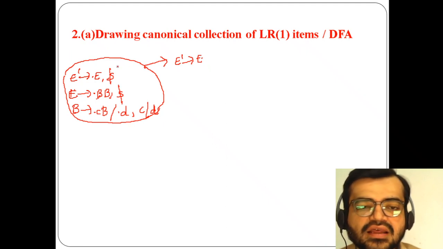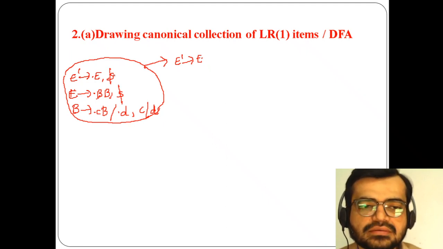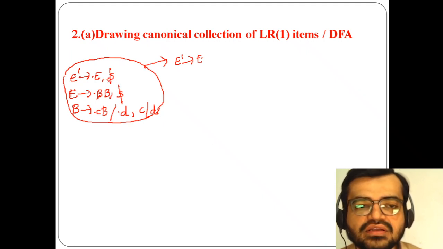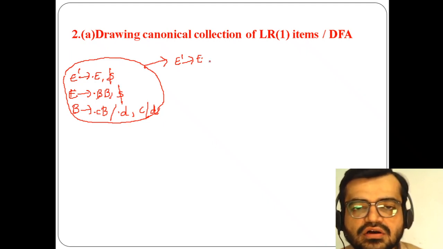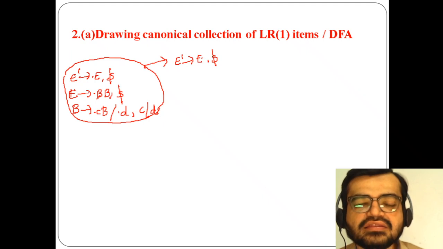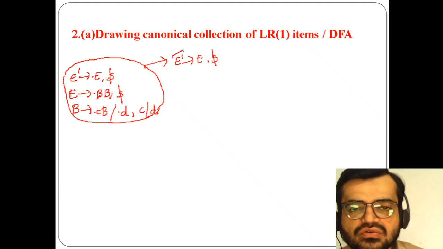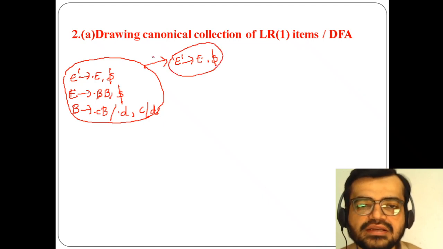So whenever I'm using goto operation, remember that the first production look ahead symbol will be the same as that only. So what is that look ahead symbol here? Dollar. So I have to use dollar only. And after dot, is there anything, terminal or non-terminal? No. So that's why you are going to end this part. So this state has been completed.